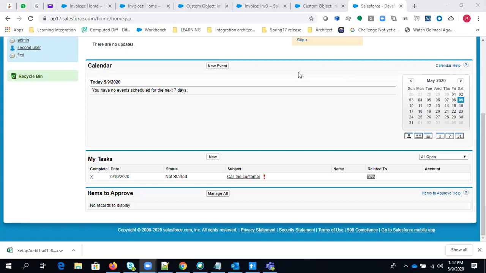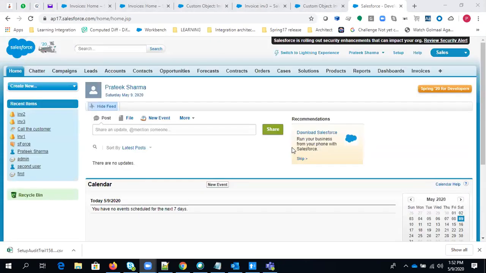Okay. Harshit, anybody? So what we did here is we have created a business process, right? So if the amount is greater than 10,000, then we can perform four actions immediately, automatically using a workflow. We can send an email, we can create a task, and we can also update a field here, right? You can also update a field on a cross object. So if you have a master detail relationship between two objects, you can also update a field on the master record.